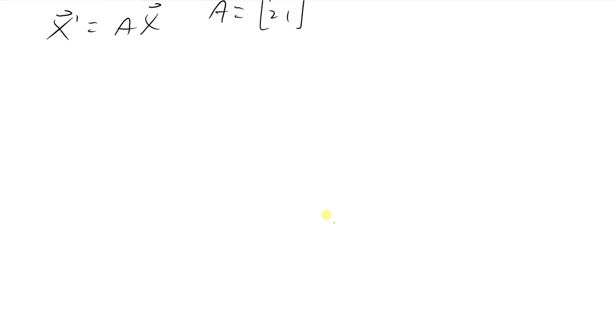We have x prime of t, our x prime vector, is equal to A times the x vector. For this example, I'm going to use A equal to [1, 2; 2, 1]. So the first step to solve this is we're going to have to find the eigenvalues. So to find the eigenvalues,